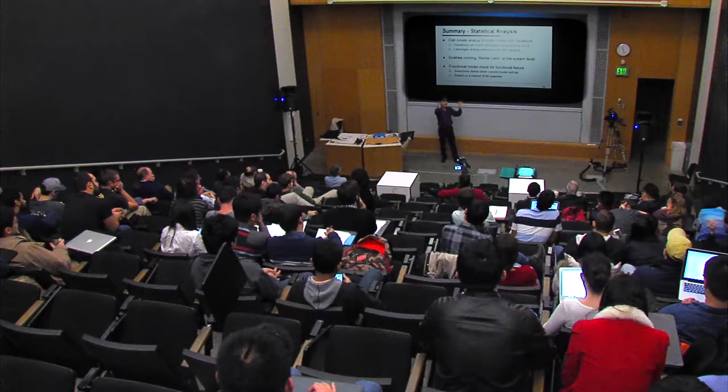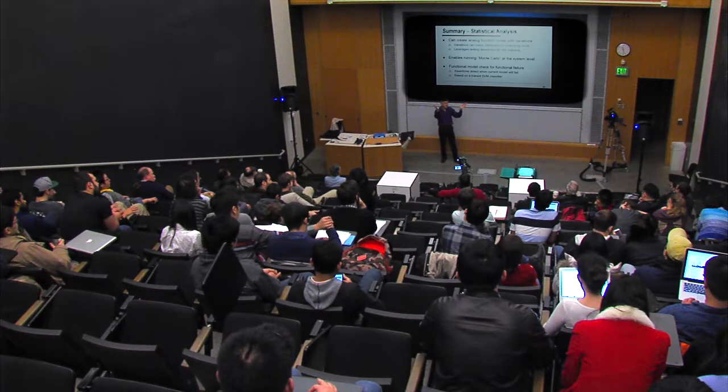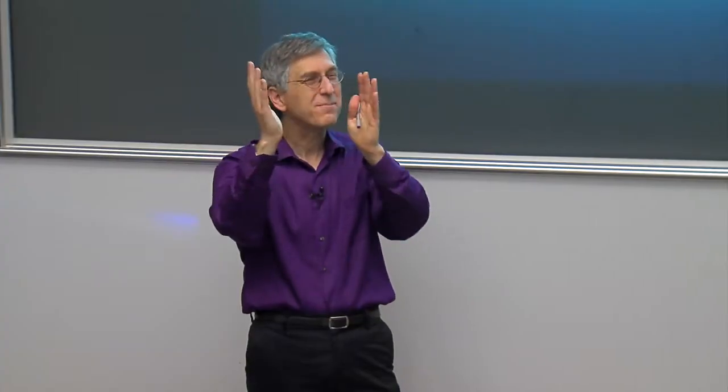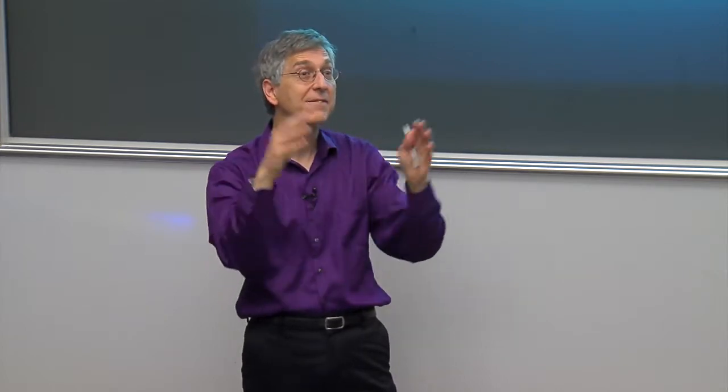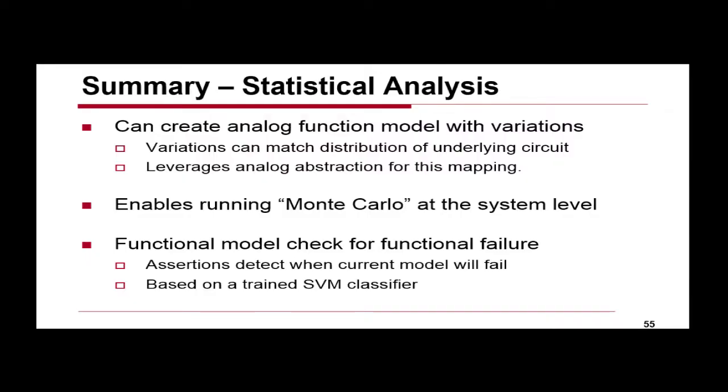Exactly. So the idea is I want to partition the space to understand what percentage of the space I'm going to die. Now, if that space is small, it doesn't matter that the boundary is not exactly in the right space, because if 1% is going to fail, 1%. I'm not saying that if it says I work, I guarantee I'm going to work. I'm just saying if it says that 90% of the time I work, 90% of the time I'm going to work. Right. OK, so let me just summarize all this.